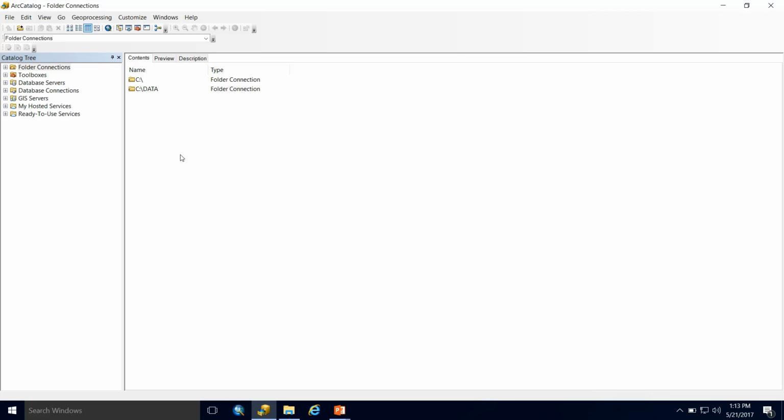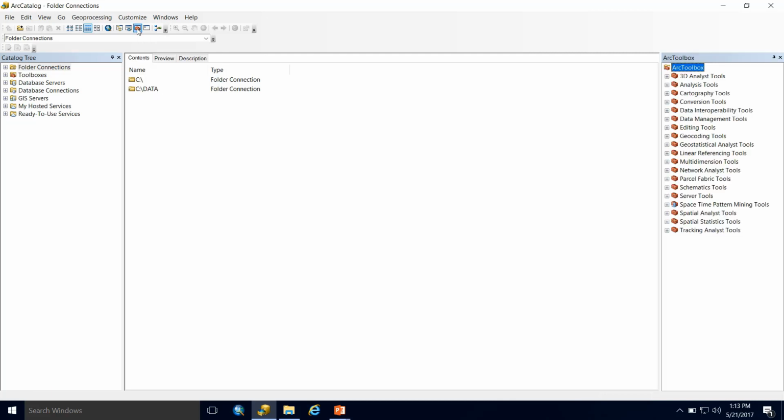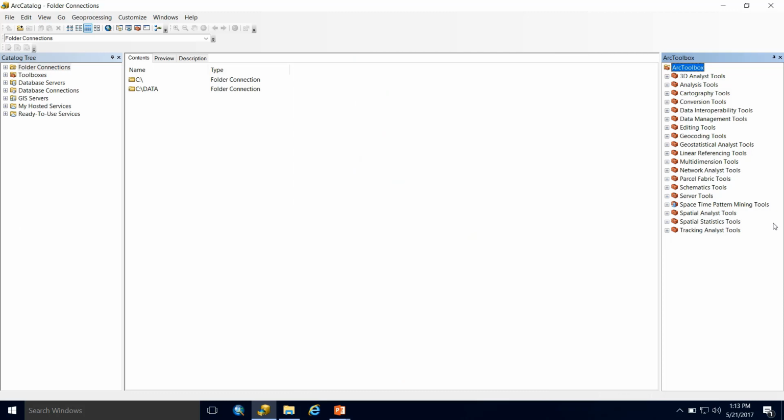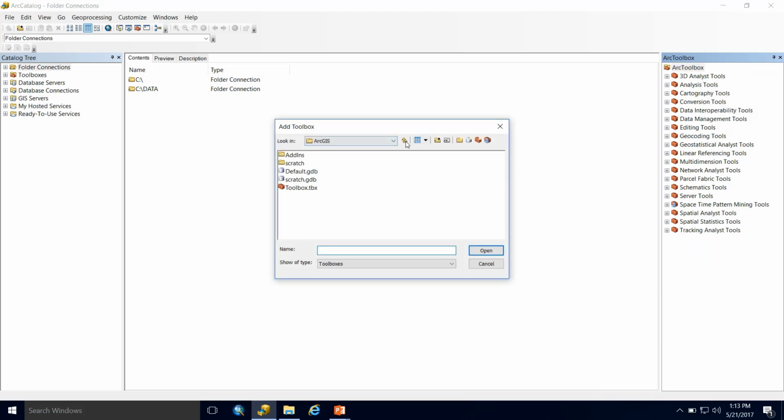So to add our ACPF toolbox, we first need to open the ArcGIS toolbox window. And we can access that right here. You can see mine's automatically been docked. Yours may have popped out like a separate window. If you grab it and highlight this little arrow, boom, now it's attached. So the way we add our toolbox is by right-clicking in this white space and hit Add Toolbox.